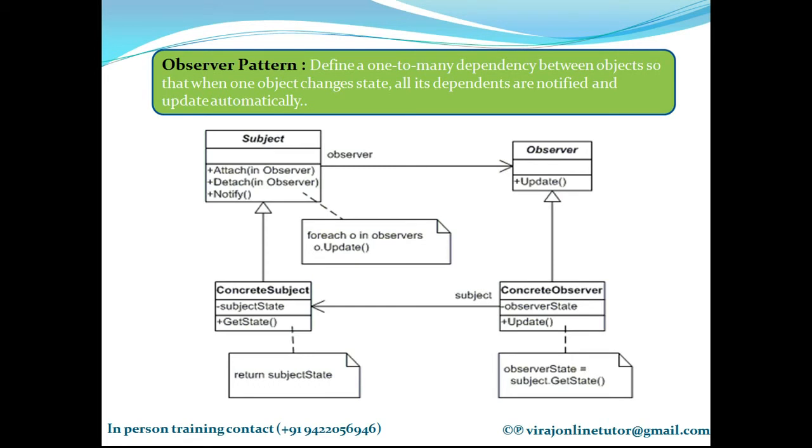So what are the different advantages of using an observer pattern? The subject only knows about the list of observers which conform to the interface of the abstract observer. It does not know the concrete class of any observer. It just knows about the list of abstract observers. It doesn't even know who the concrete observers are.